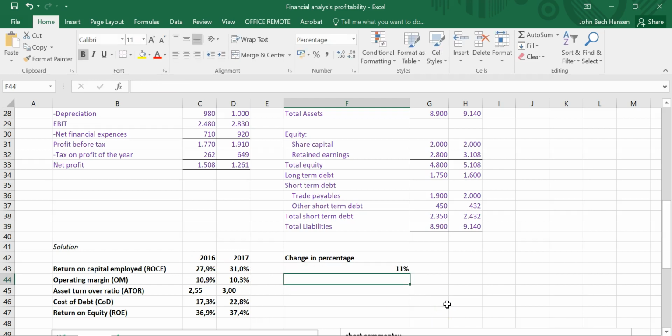So the change in percentage is 11%, and the change in percentage points is 3%. So I have to know the difference between those two. And I can copy that. I can press Control C. Then I have this dotted line around it, and I can place it anywhere I want. And I mark these areas here, and then I can say Control V, and I have now